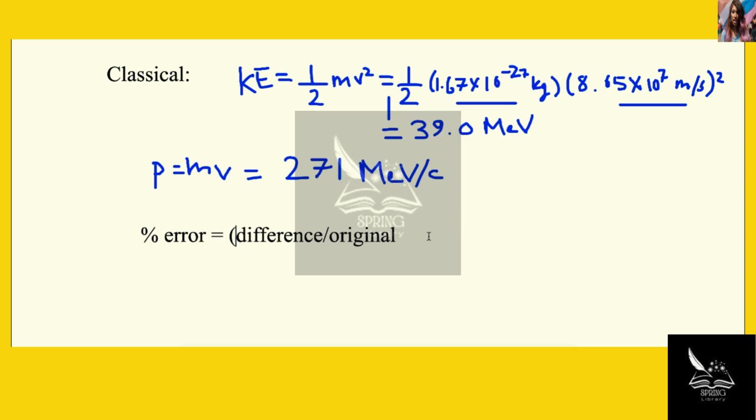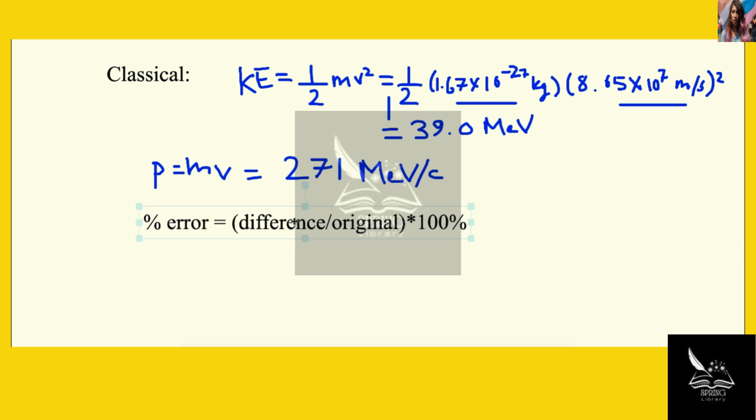And you'll have to multiply that by 100 to get the percent value. Okay. And so let's work this out for KE. Let's use a different color. For KE,